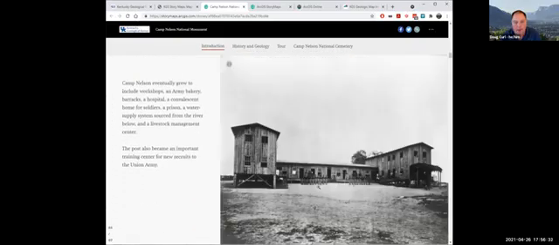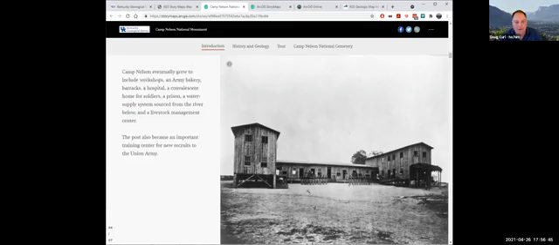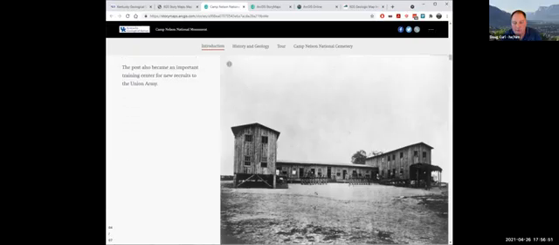And so just back up on the history, it eventually grew to include workshops as this Army outpost, a bakery, a hospital, convalescent. It was a million different things. And then it became an important training center for new recruits to the Union Army.